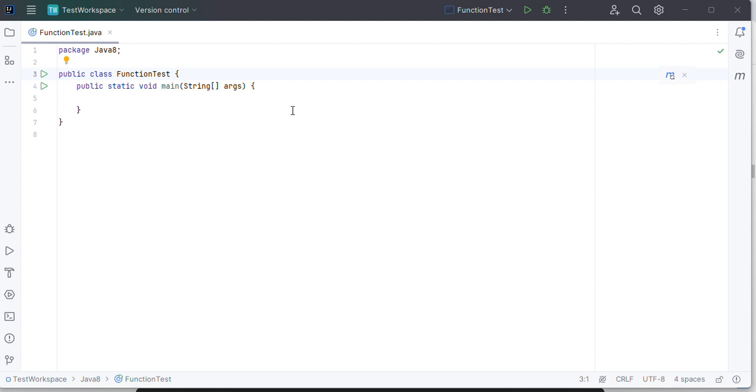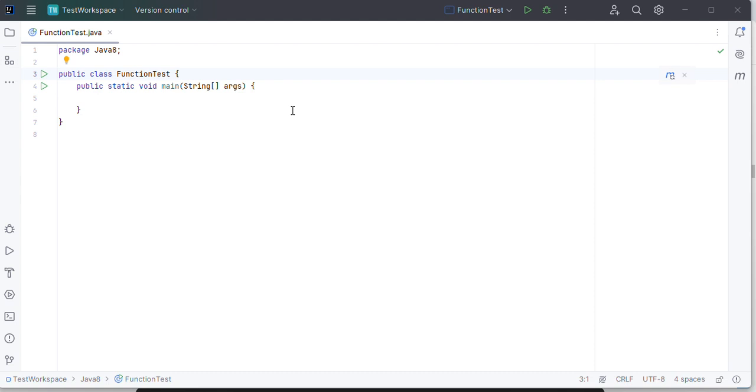Today we will learn about functional interface. Functional interface is nothing but where only one abstract method should be there. In Java there are multiple interfaces which are inbuilt by Java. One of those are Function, Predicate, Supplier, BiFunction, etc. There are multiple ones. Today we will check about functional interface, and in that there is one concept, that is